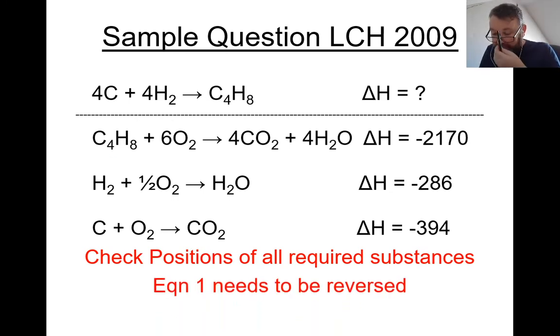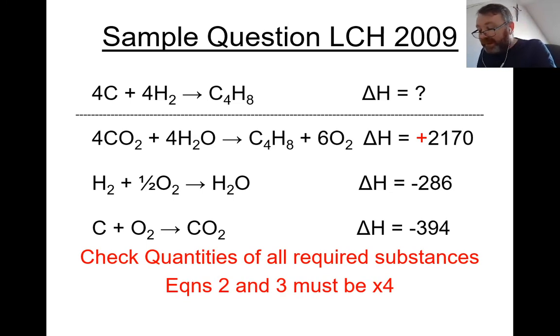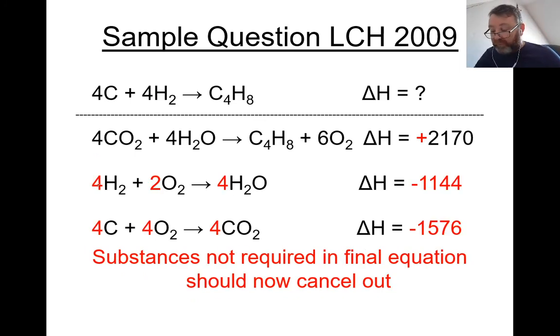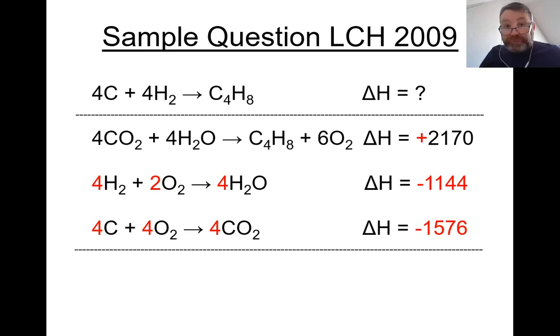Watch carefully. Bang, done. Did you notice that the energy sign changed? Because it's the backward reaction. We're reversing the flow as well. Equations 2 and 3 must be multiplied by 4. Why? Because I want 4 carbons and I want 4 H2s. So both of those get multiplied by 4, and also the energies are multiplied by 4. Now, if we've done that correctly, everything we do not require should cancel. CO2 with CO2, 4H2O with 4H2O, 6O2 with the 4 and the 2 that's there, leaving you with the bits